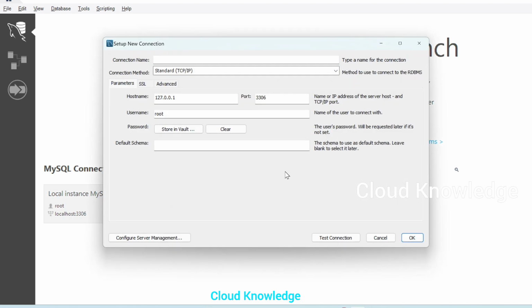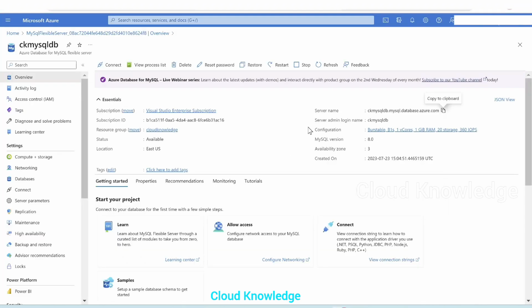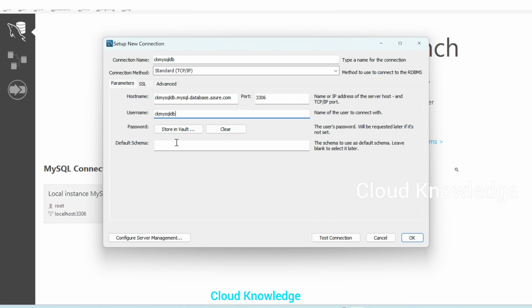So we'll click on the plus sign here. It will open up this page where we have to set up the connection. Let's name the connection CK MySQL DB. Connectivity method is TCP/IP, leave it as is. Host name is the place where we have to give the server name. Port is by default 3306 for MySQL Flexible Server. Username: if you remember, in the previous video we gave the username for the Flexible Server as CK MySQL DB. If you don't remember it, go back to the server, and here under the server name we have the server admin login name. This name we are going to give here,